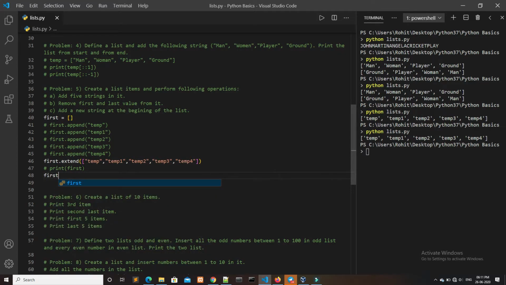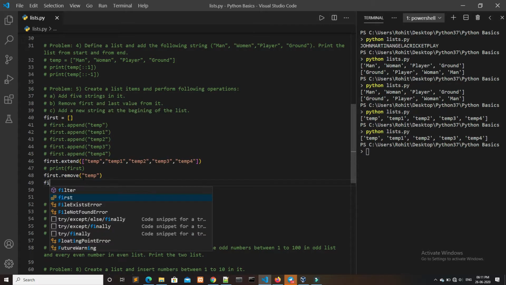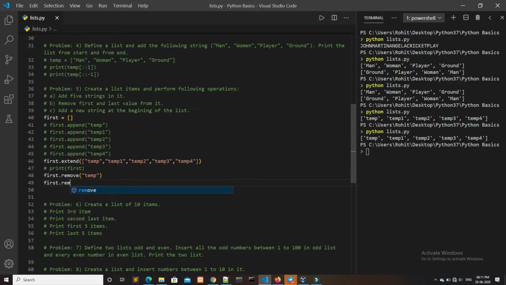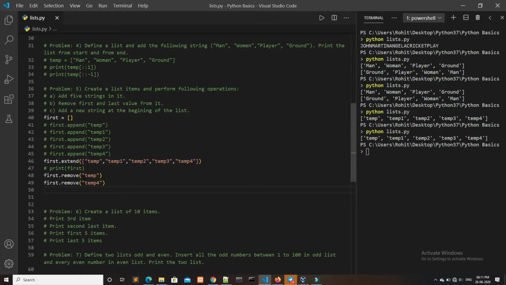We have to write first.remove, and here we have to provide the value, that is we have to remove temp. Also we have to remove the last one, that is remove temp4. This will remove the temp and temp4 values from list first.